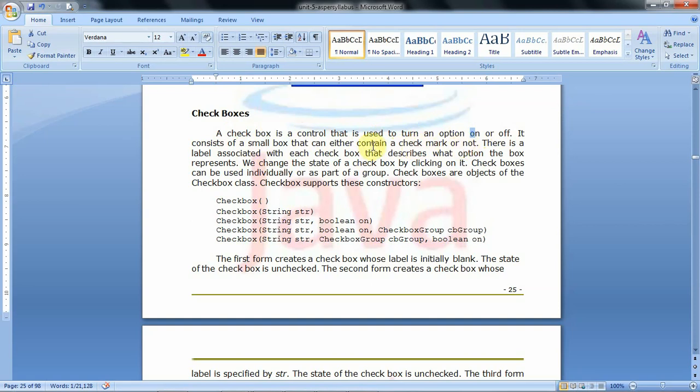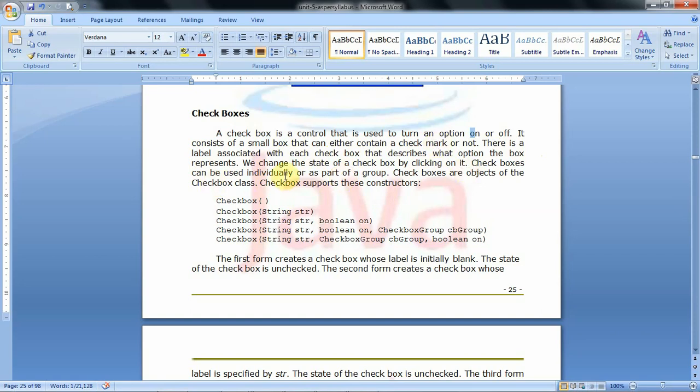That means it has some check mark or no check mark. Also, there is a label associated with each checkbox to describe it. We change the state of the checkbox by clicking on it.